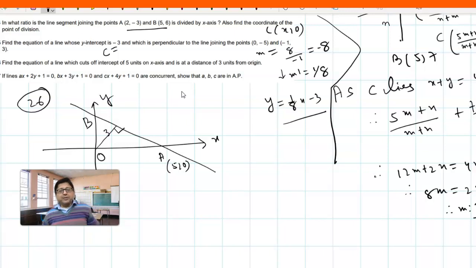Okay, how to get the equation of the line? The line passes through 5, 0, so you can use the intercept form and then the distance from the origin. Let this point coordinate be 0, b. So let AB be